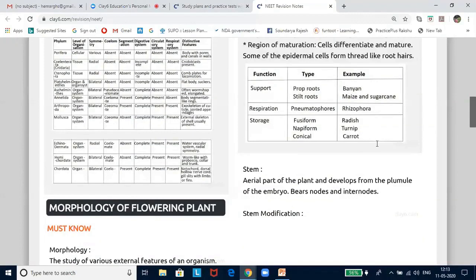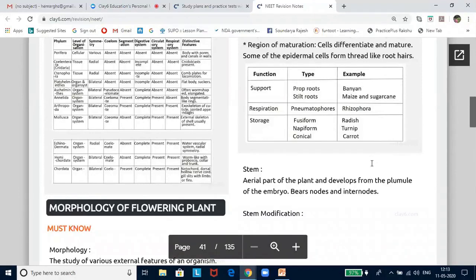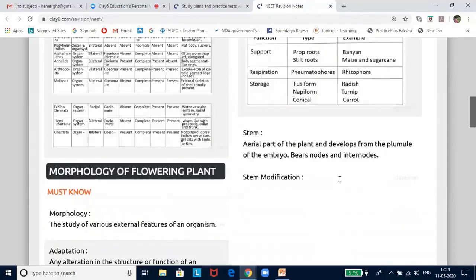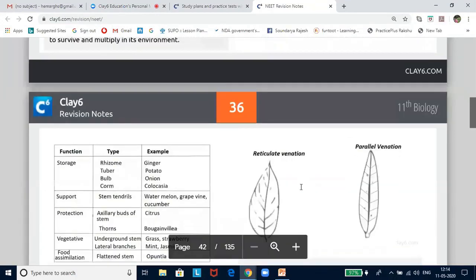Now the stem is the aerial part of the plant. It arises from the plumule. It is positively phototropic and negatively geotropic. The stem has nodes and internodes. A node is a point on the stem from which leaves arise, and the region between two nodes is an internode. The stem also bears buds that might be terminal or axillary. The main functions of the stem are to spread out branches bearing leaves, flowers, and fruits. It conducts water, minerals, and photosynthates, but it also gets modified to perform the functions of storage of food, support, protection, and vegetative propagation.